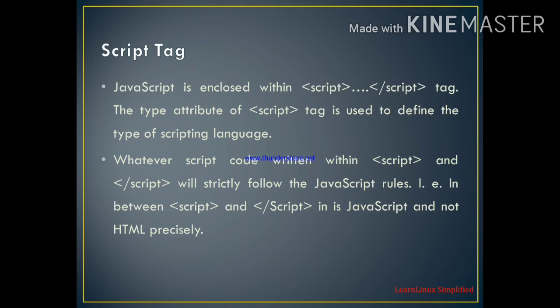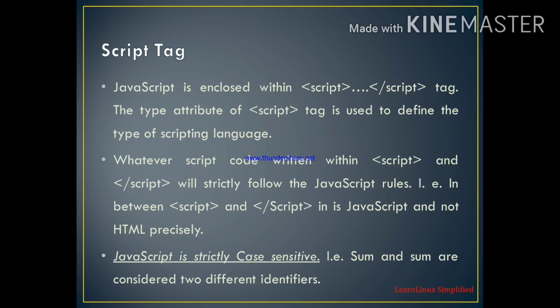So as we said, it is a scripting language which is totally different than HTML syntax. So here we have to take care about the syntax and rules of JavaScript. Basically it is a very strictly case sensitive language. JavaScript is strictly case sensitive, that is, 'some' and 'Some' are considered two different identifiers. Okay, here we are using different syntaxes, like we are creating functions through the function keyword, we are creating variables through var, we are using semicolons, colons, brackets. Okay, so all these things we need to take care of.